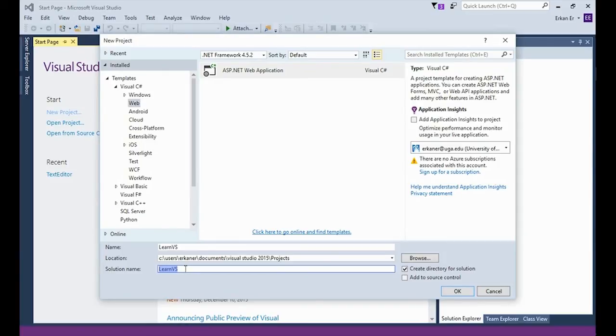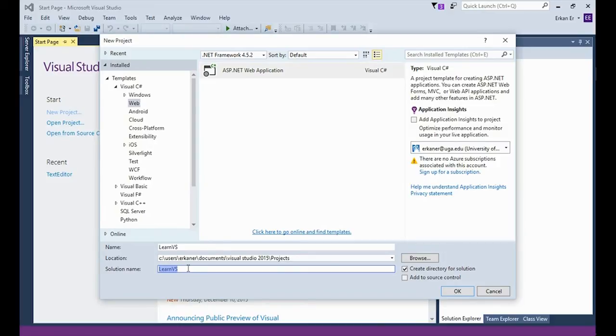That is why Visual Studio is creating a solution as well, while we just intended to create a project. If you are developing a complex application that is composed of several projects, then it would make sense to name the solution differently with a more generic name. However, if you are going to create a relatively smaller application with just a single project, then you can just keep the solution name the same as the project name.